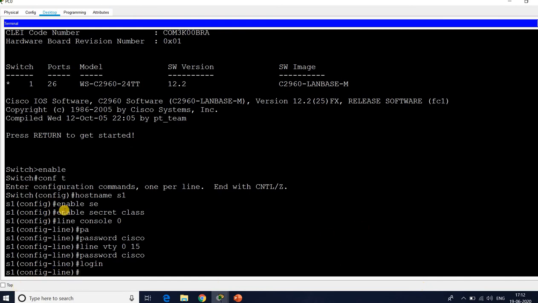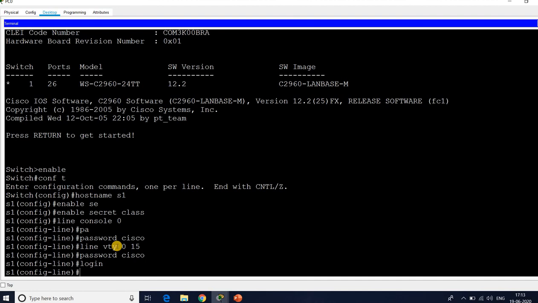That was global configuration. First I enter enable, then configure terminal to get into global configuration mode, then enable secret class. Enable secret class is generally used for securing privilege executive mode, and for securing user executive mode I use line console 0 and password Cisco.